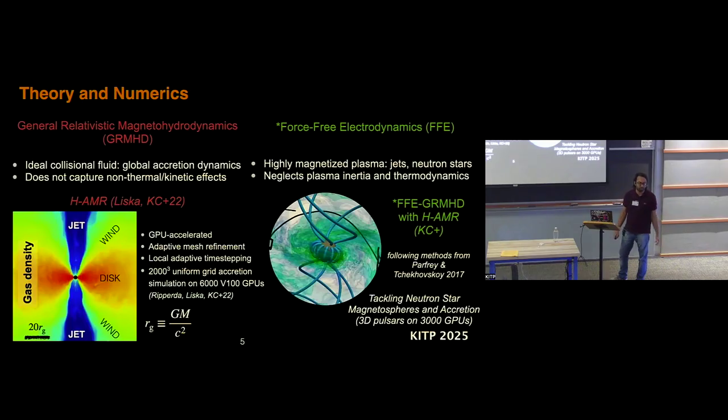This is a method taken from Parfrey and Tchekhovskoy 2017, but then pushed to very, very large grid resolutions. For example, I was successful in doing a 3D pulsar simulation on 3000 GPUs, where I was able to resolve the current sheet well enough to actually see instabilities, like tearing instabilities forming on the pulsar current sheet. But yeah, so taking this code,